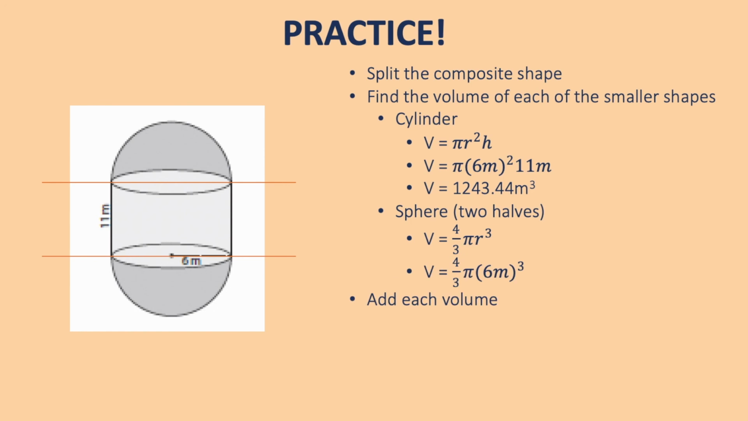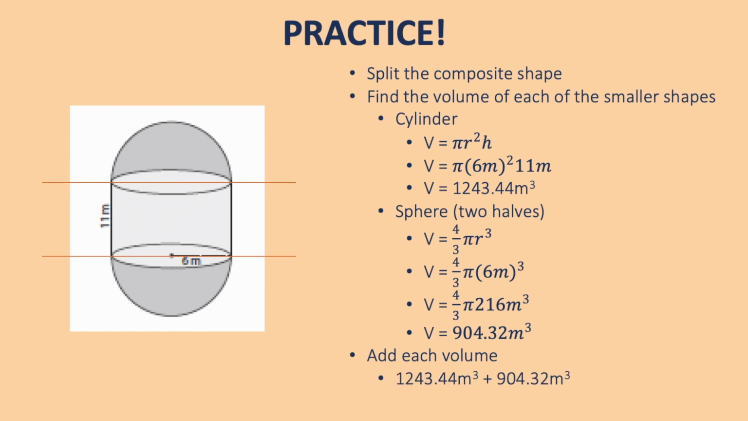And then to find the volume of the sphere, you take 4/3 times pi r cubed, and the radius is 6 meters. So when you take 4/3 times 3.14 and so on times 6 cubed, you get 904.32 meters cubed. And then you add the two volumes together to get a total of